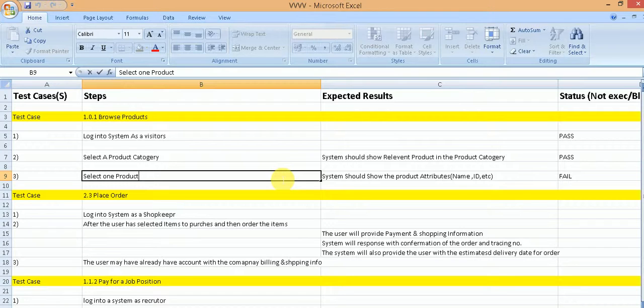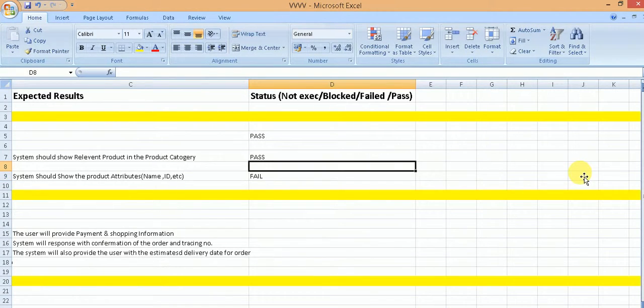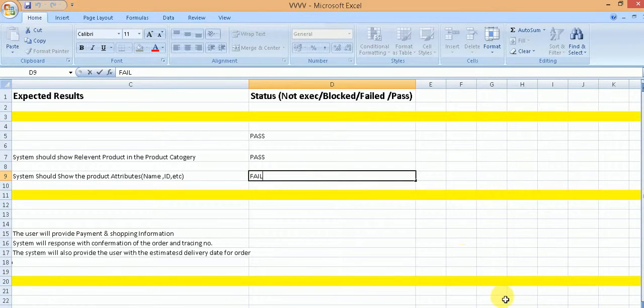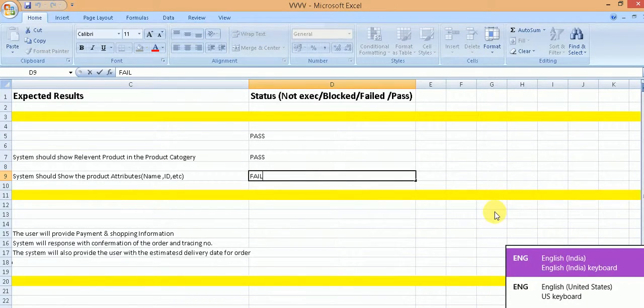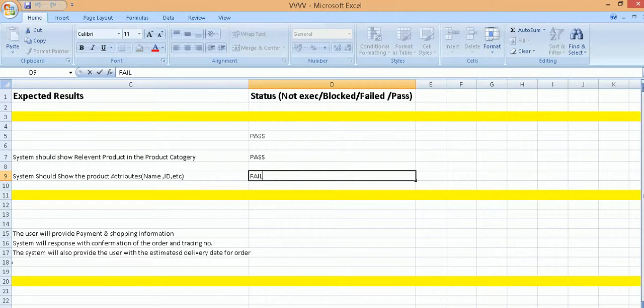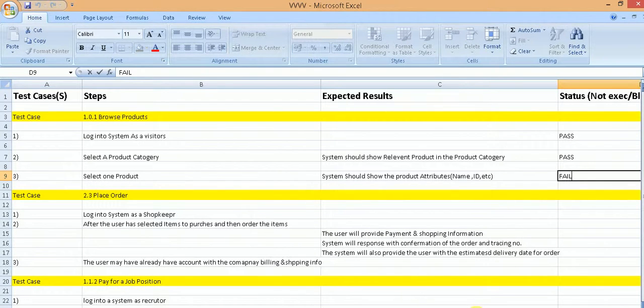In that case, we will put this particular step as fail, because if all expected results fail, then definitely it is a failure. Even if one expected result fails, then also it is a failure. So here just one expected result, the tax, was not visible in the example, so that is why the step failed. So when any of the steps in your test case fails, the entire test case fails.